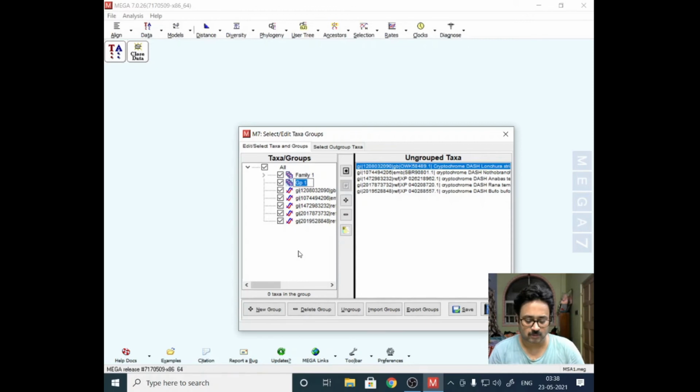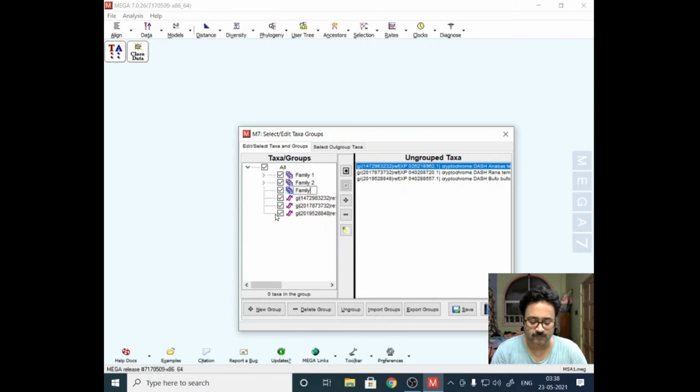In the same way I can go for family 2. What is the purpose of this? I will come to that in a bit. So for family 2, let's assume these 2 species are from the second family, and now I have a third family.